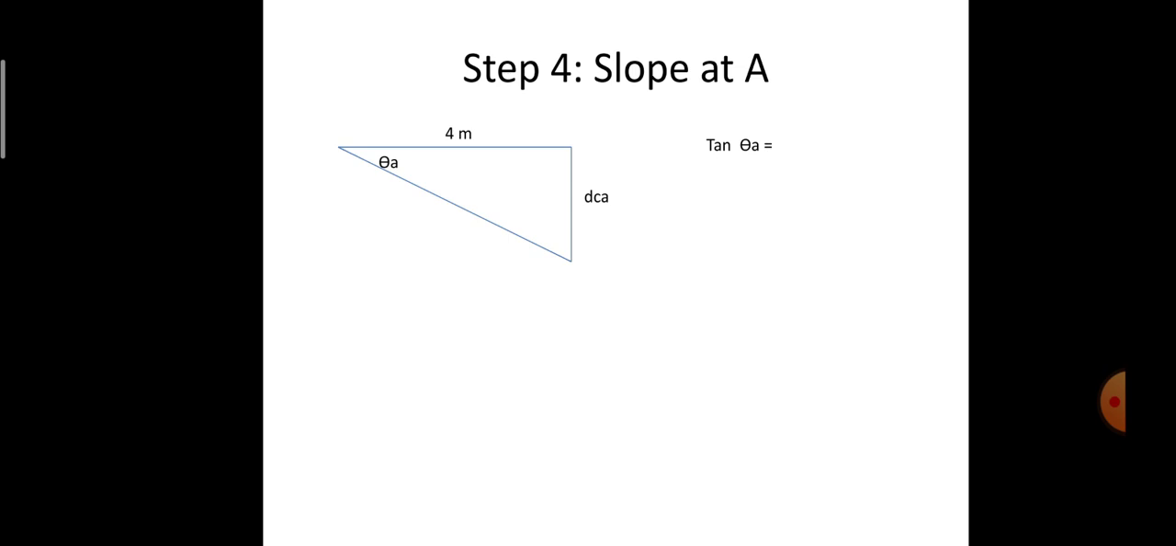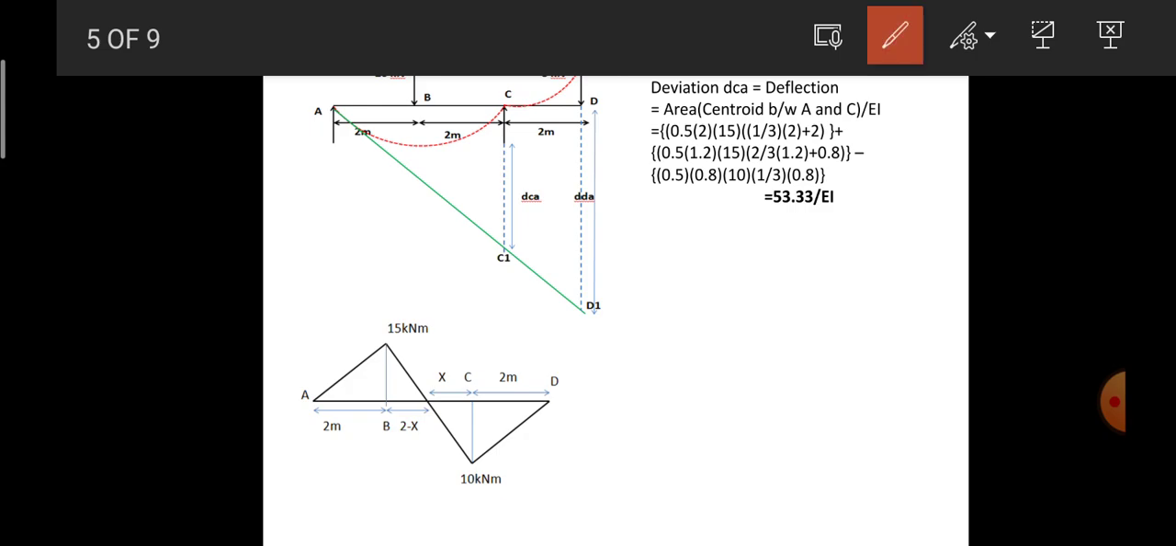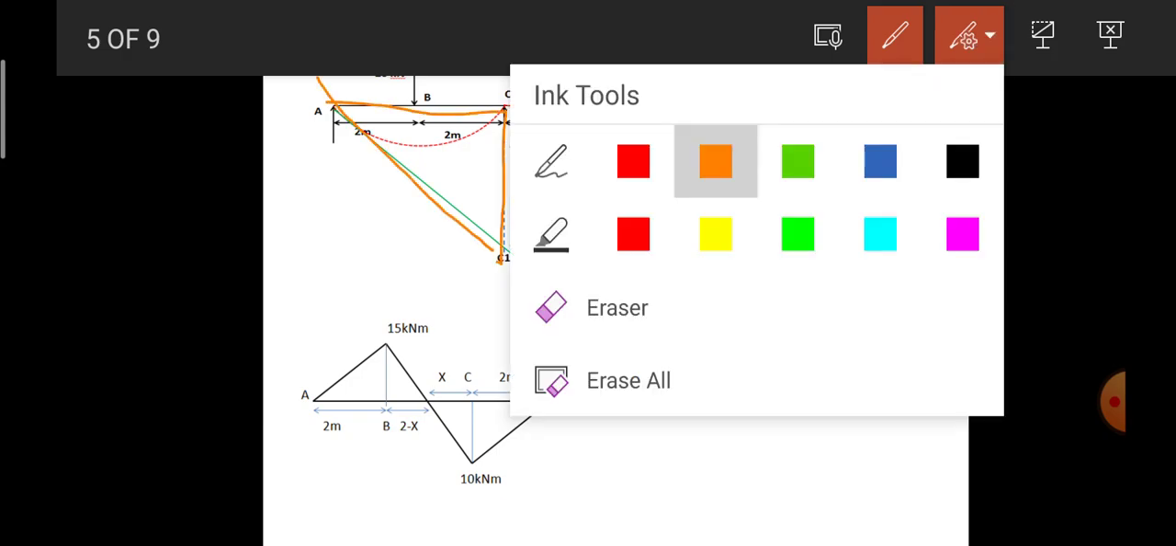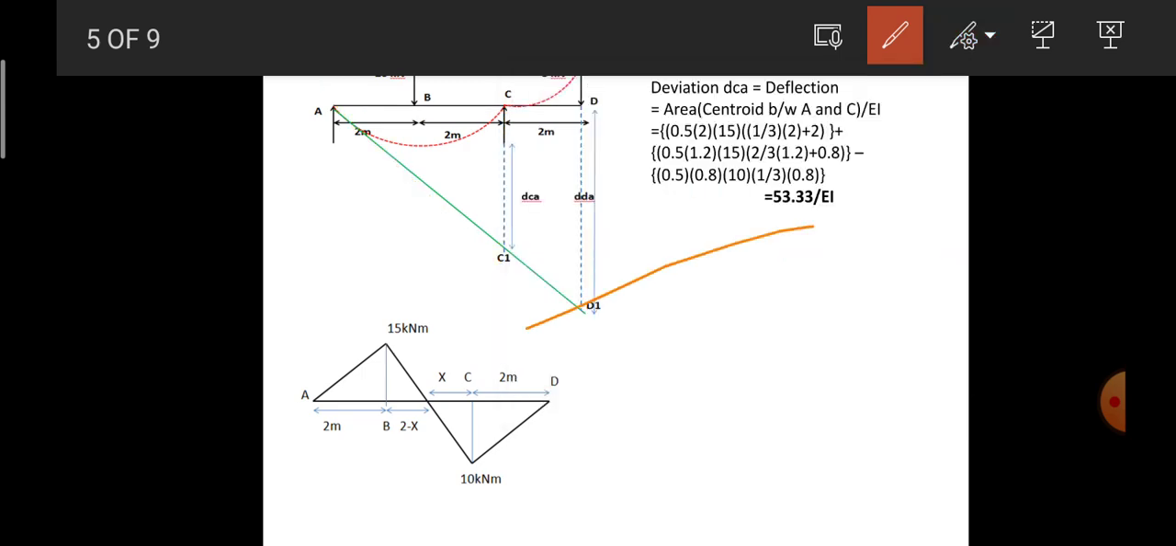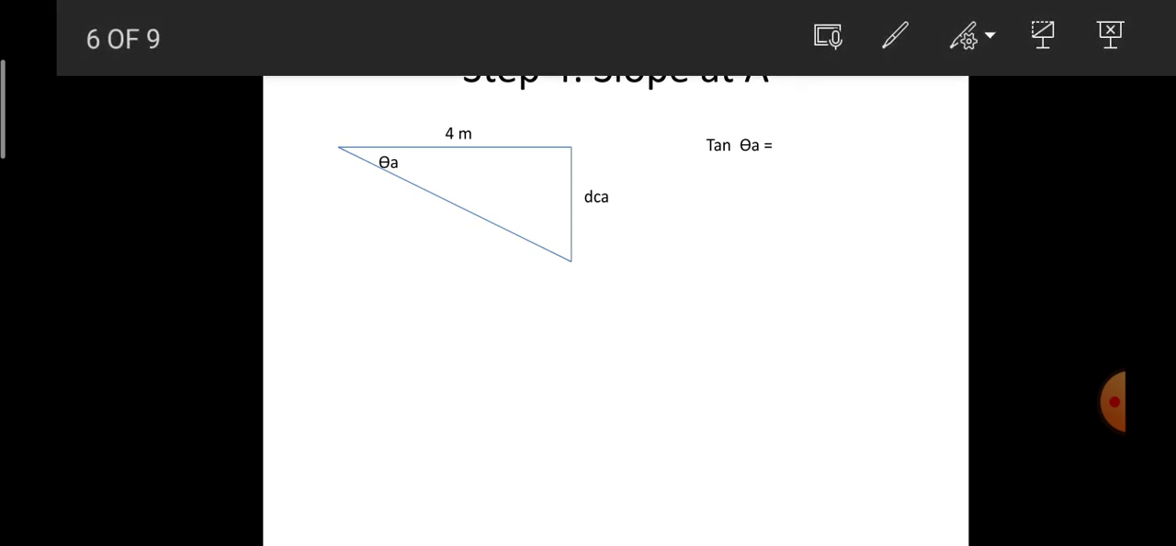So coming on to the next thing, the slope. Here I told you that in order to make the calculation for the slope easy, we need to calculate the deflection at point C. So I have a triangle over here, ACC1. If I project that triangle here, it will be ACC1, where CC1 is nothing but the deviation DCA which I have got,